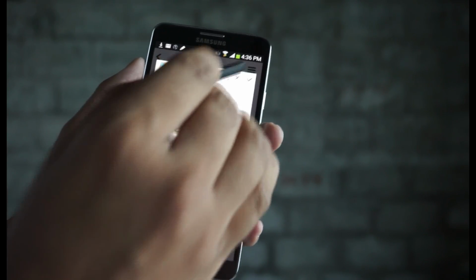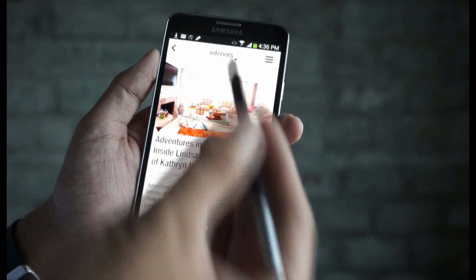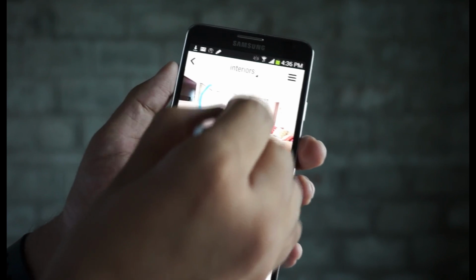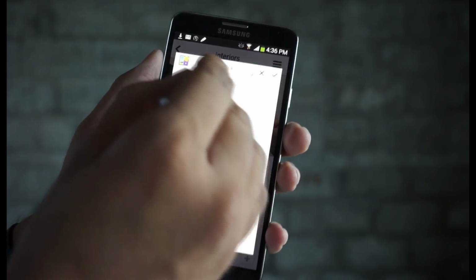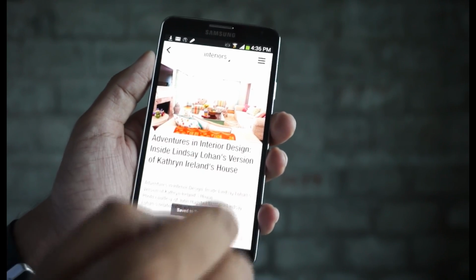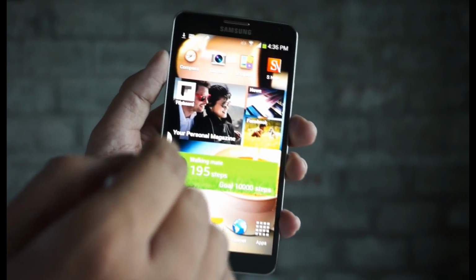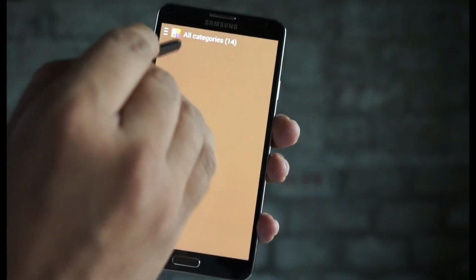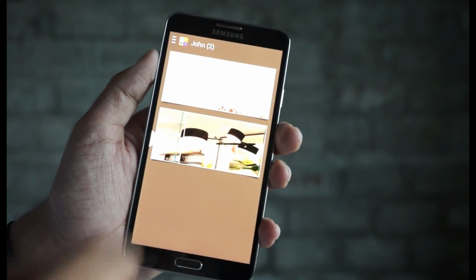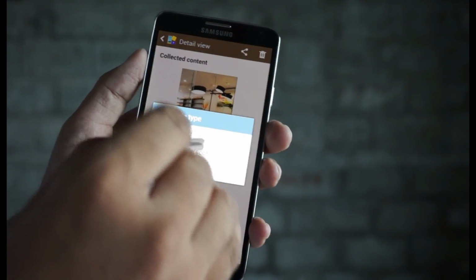So now the information is updated here, and let's say the client likes the curtains in this case, using the same option again, Scrapbooker, circle it, it's saved, select the category John, and you are done. So this is how you can save this content. Now the point is these are all saved under your scrapbook. Now go to your scrapbook, select the right category, which is John in this case, and you can find the content available here. The next time you would like to share this content, you can directly share it with anyone,